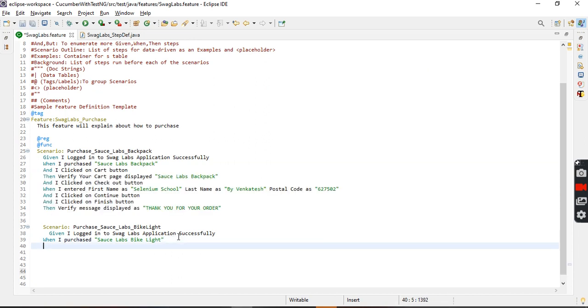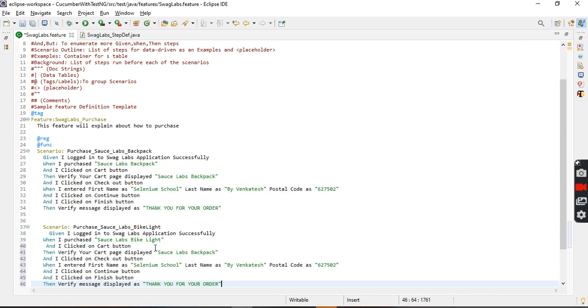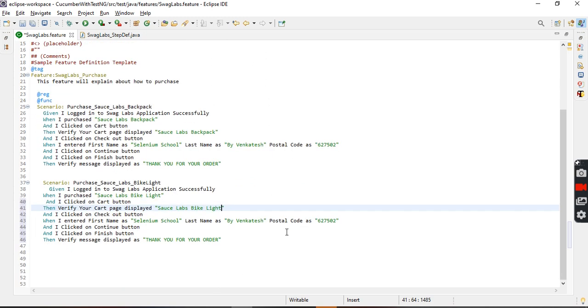Yes, you can use the same copy paste here. Only thing is you should change the name. Sauce Labs, Sauce Lab. This is also same. Make sure that this one. And I want to run this particular scenario as a part of functional only.